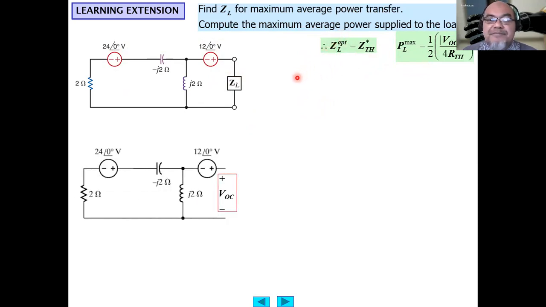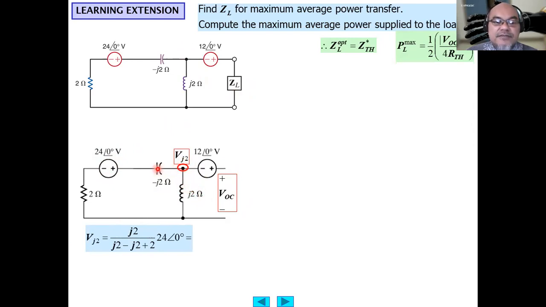And the maximum average power transfer is when ZL is optimum. So first, we disconnect ZL and try to find the open circuit voltage at the terminals. So using nodal analysis, the Vj2 here will be equal to the voltage divider formula from this 24 here, j2 divided by